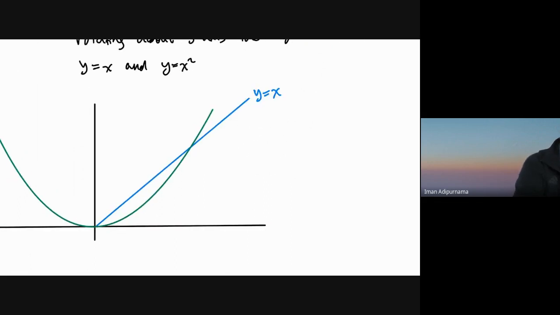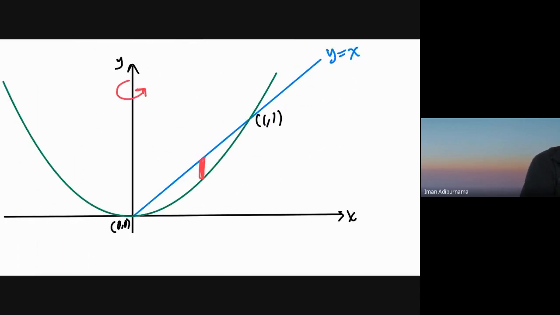And as we know, and we already have this example, this will be 1, 1, this will be 0, 0. So the region is between these two curves. We want to take this shape here and rotate it through the y-axis like that. Let's rotate through that. Okay, and using the shell method,